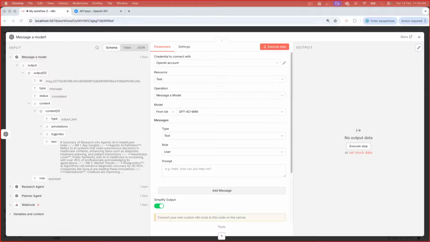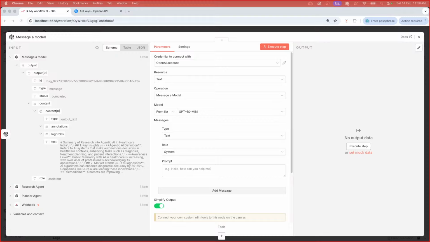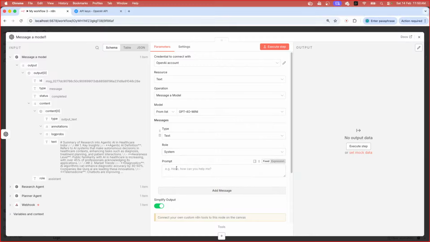Now here also I should have a user prompt and system prompt. The user prompt gives me the output of the previous node, which I will take and create an article or a content, and the system prompt defines what kind of persona it has to take. So this is my system prompt which I'm giving you in the chat. If we go through the system prompt, it says,